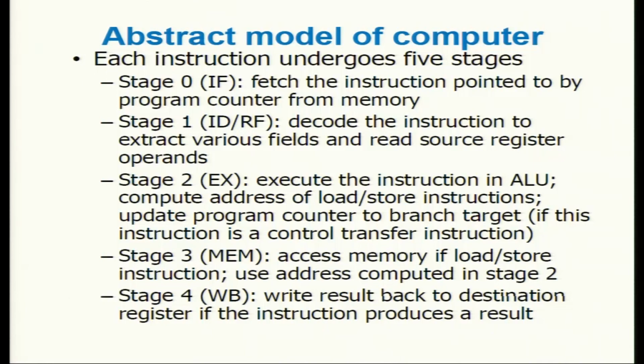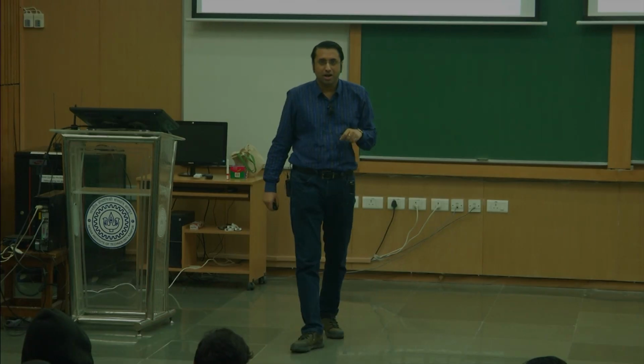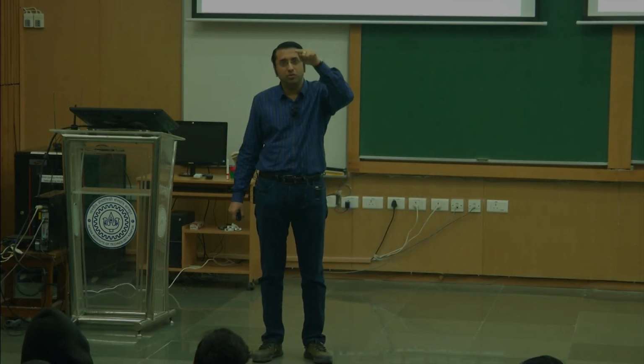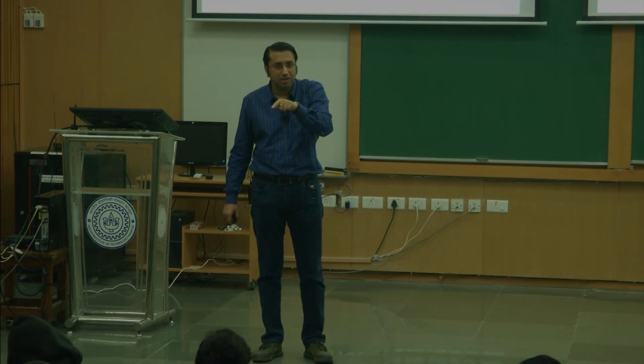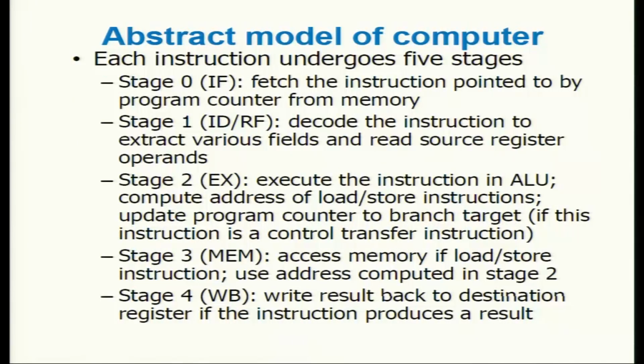For example, if you have an if-else statement, you typically go sequentially, but when you hit an if statement, you may have to jump to the else part to execute. That requires changing your program counter in a non-trivial way, and that's what is done here. The ALU will first compute the branch target and then update the program counter so that the instruction fetcher knows where to fetch the next instruction from.